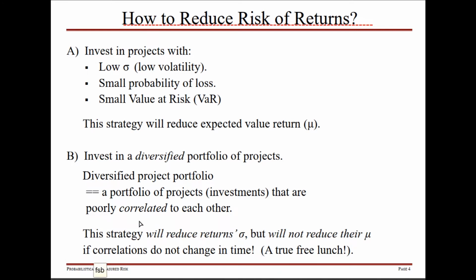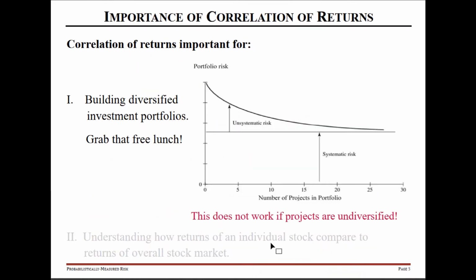As long as we really do have a bunch of poorly correlated assets and the correlations don't change in time. And this is what many people call, and I think with good reason, finance's one true free lunch. So this is a case where if it looks too good to be true, maybe it actually isn't too good to be true. Okay,